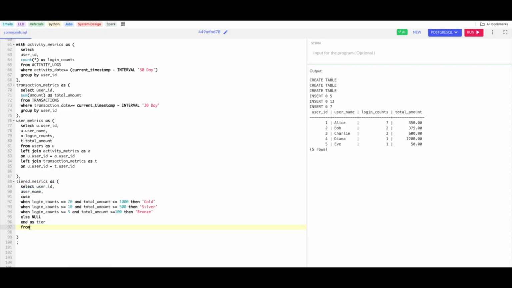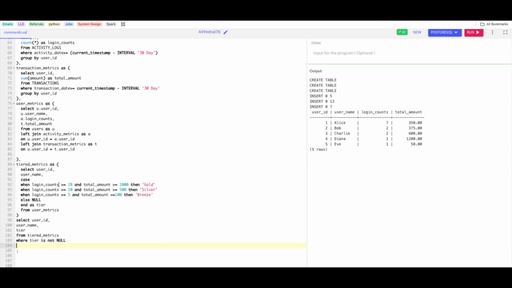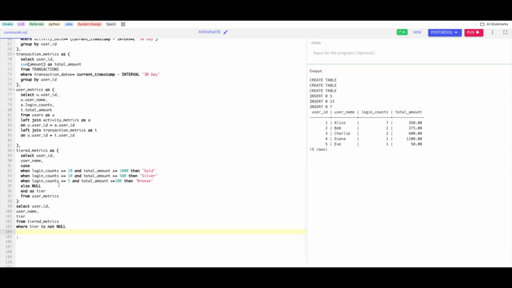From where? From user metrics. Once we have that, we have everything that we need. Then we do a final select statement: user ID, username, and tier from tiered metrics. Now what do we need finally? Where tier is not null, so we only want the users that are in our tiered system, and